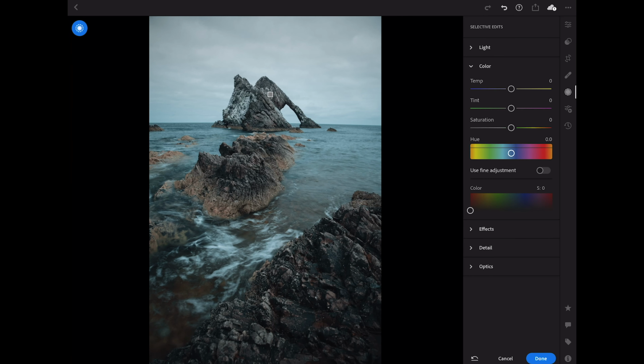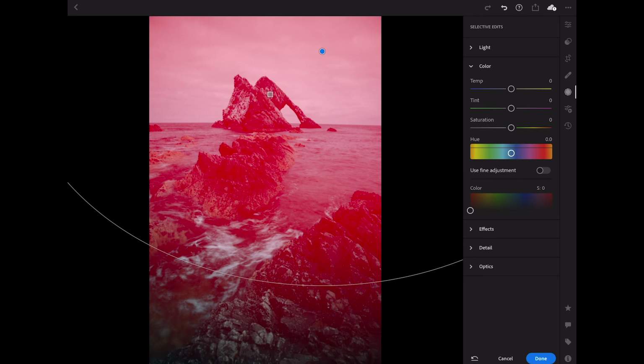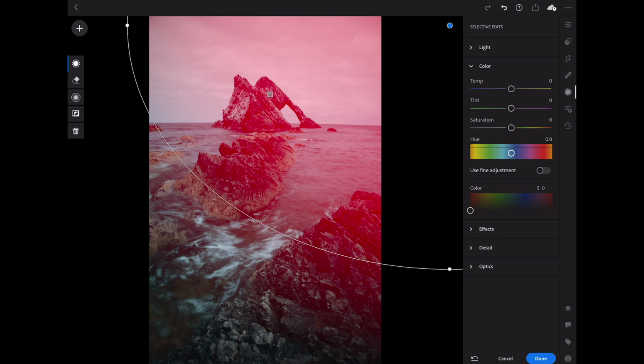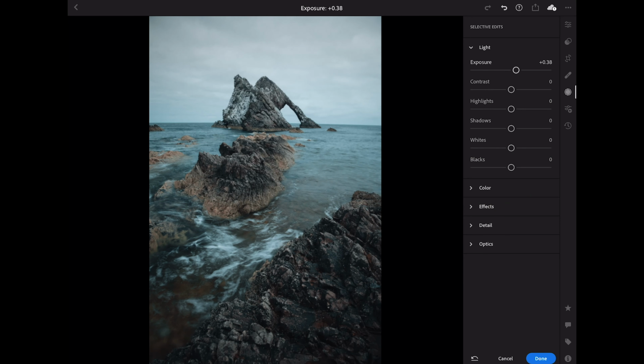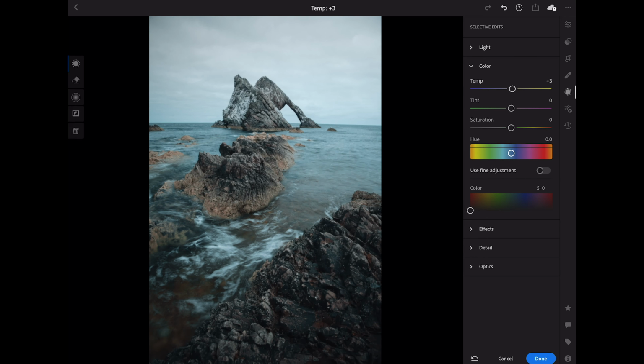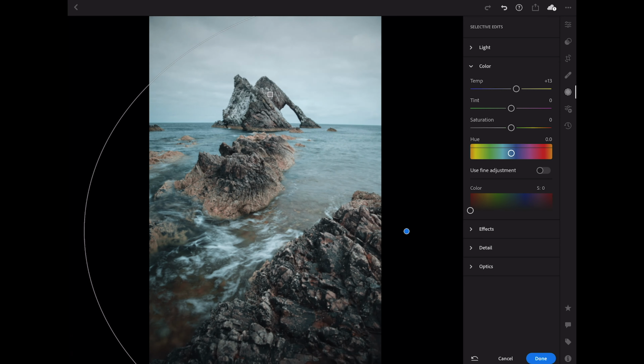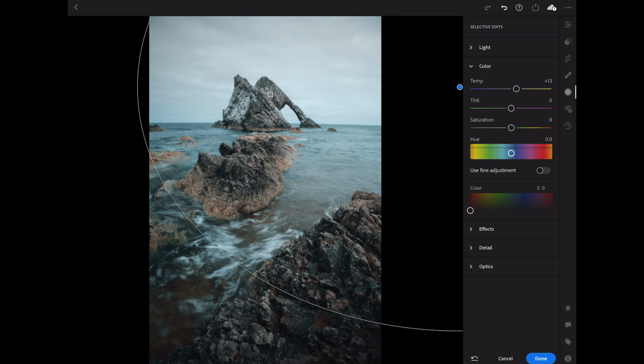I'm now going to bring in a radial filter. I'm going to do a big one up here, huge filter, feather it off to 100%, and I'm going to increase the exposure by quite a bit, bring down the highlights, up the whites a little bit, and also add a little bit of warmth. Now what this is going to do is basically create a bit of side light coming in, and if I move this around you can kind of see it's almost like the sun is just sort of peeking out